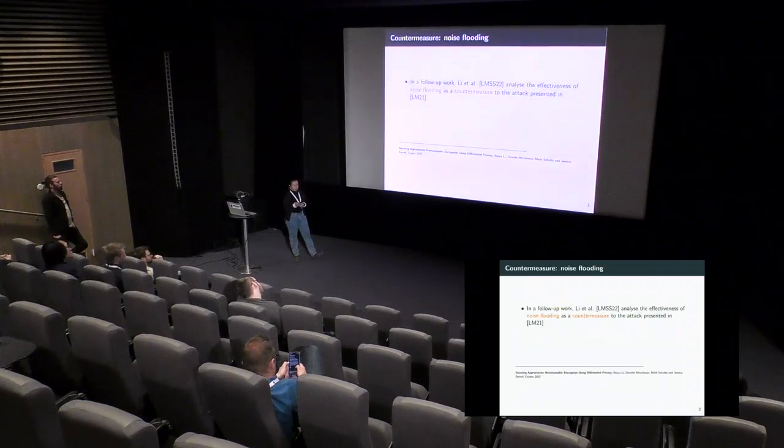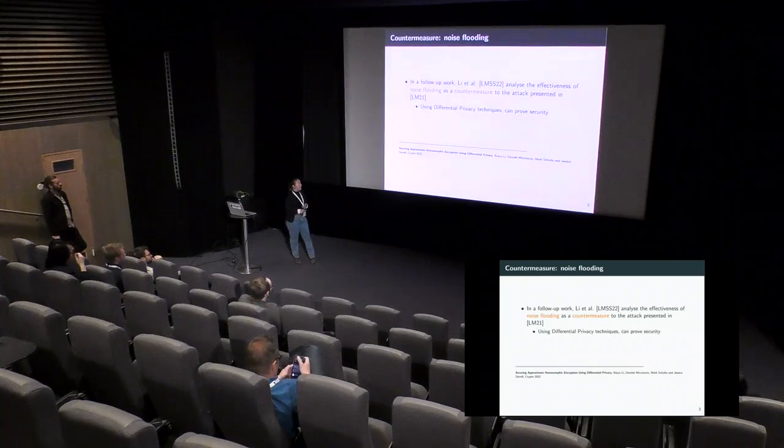Then in a follow-up work a year later at Crypto 22, Li, Micciancio, Schultz, and Sorell proposed noise flooding as a countermeasure to the attack presented in this Eurocrypt paper. They actually show that using differential privacy techniques, they can prove security. So this works, and this counters the key recovery attack,